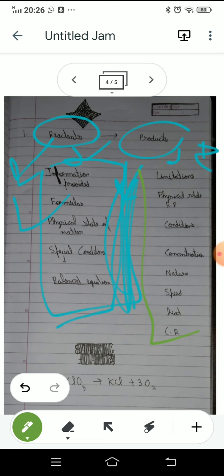Now what does the complete equation reveal? A complete equation might or might not reveal the completion of the reaction, which an equation reveals. It might or might not. So friends, with this, now I will tell you how to frame an equation and balance an equation.